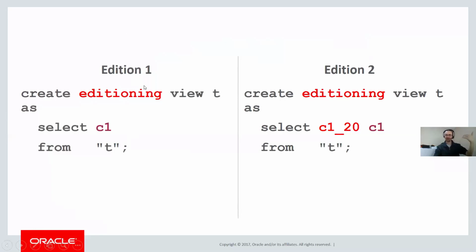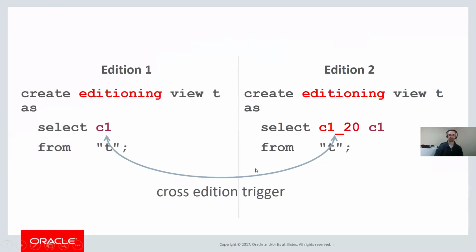People are still using this old application. We're doing this online. We need to be writing those changes to our new column until we've migrated everyone over. So we've got this lovely little thing called a cross-edition trigger, and we can use that to copy the data backwards and forwards. So this is a very powerful technique which you can use to do some of these more advanced application releases.